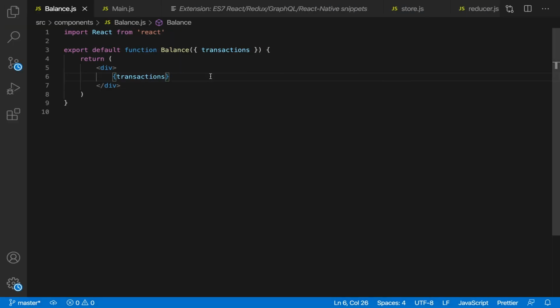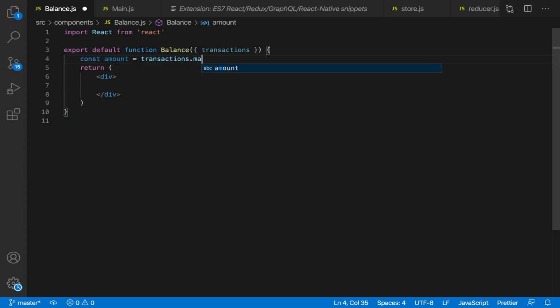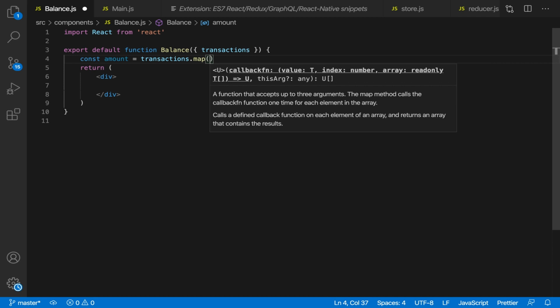And now, as you can see, we have nothing because transactions contains nothing. So what we want to do now is go through all the transactions and then get the sum of all of those transactions. So let's remove this. What we want to do is go inside this functional component and do const amount is equal to transactions.map. So we want to go through all the transactions, and then this would give us the